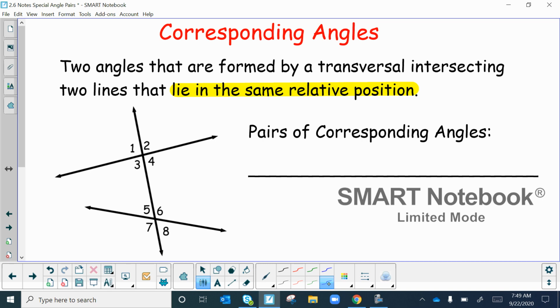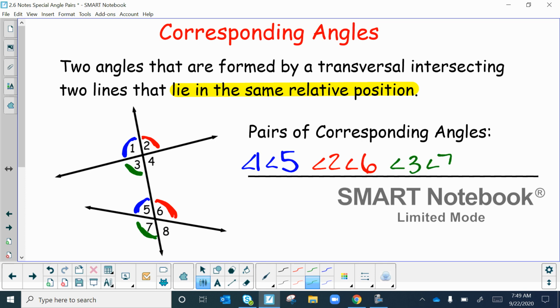So if you have different colored pens, now would be a good time to use those. So for instance, angle 1 that I just colored in blue lies in the same relative position as angle 5. You see how they're like in the top left corner in each intersection? So angle 1 and angle 5 is a pair of corresponding angles, okay? 2 is in the same relative position as 6. Okay, so angle 2 is with angle 6. Angle 3 is in the bottom left, and 7 is in the bottom left. So angle 3 and angle 7